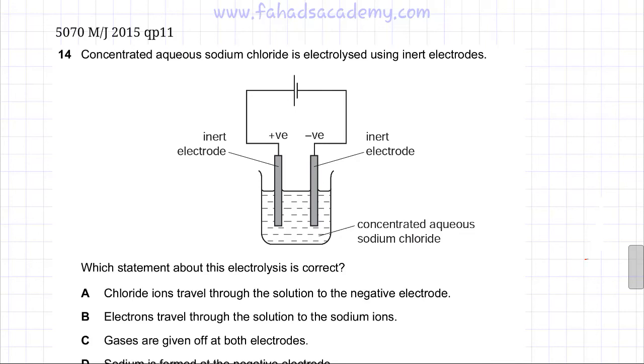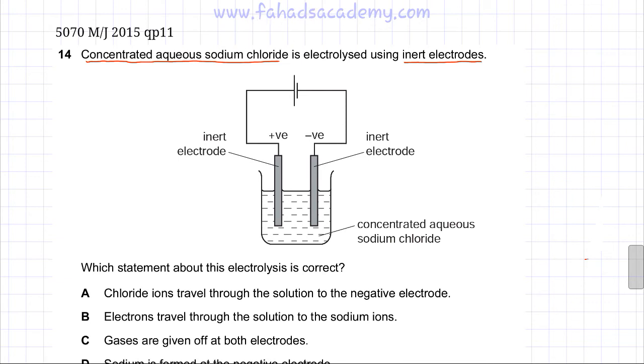The following question is related to electrolysis. The question states that concentrated aqueous sodium chloride is electrolyzed using inert electrodes. So the first thing is that the electrodes are inert, which means they're not taking part in the reaction. And the second thing is that it's concentrated aqueous sodium chloride that is being electrolyzed. Now this concentrated aqueous sodium chloride has one ion, the sodium ion in it, and the other one is